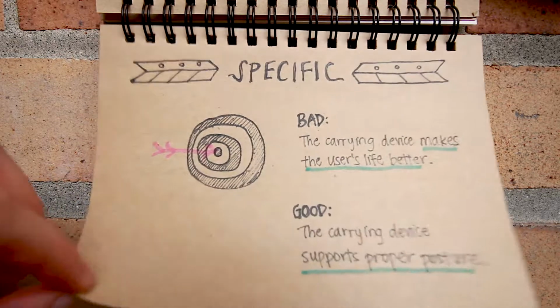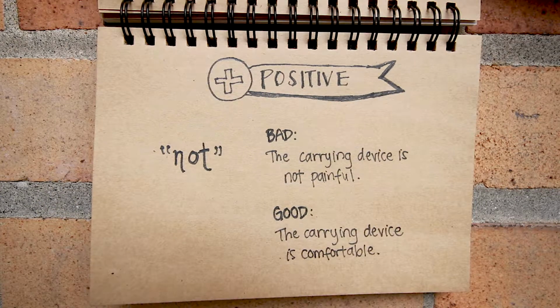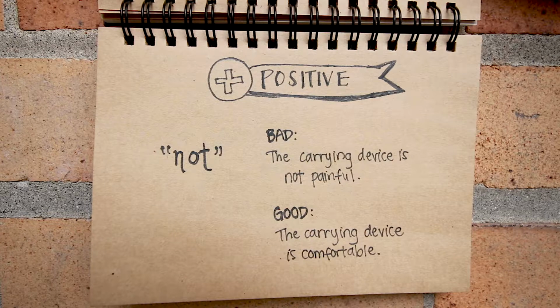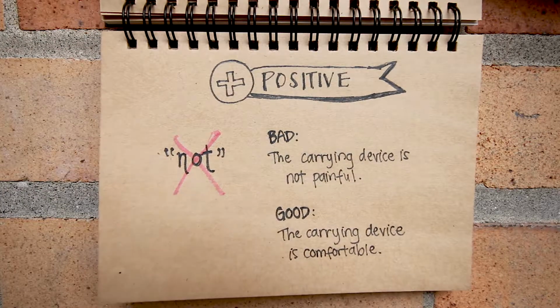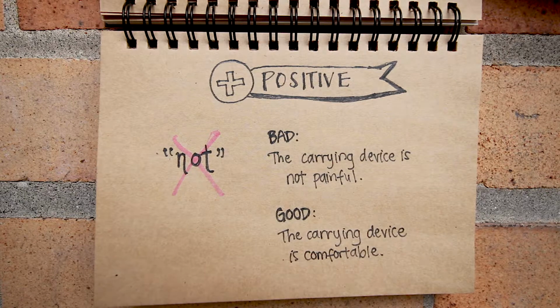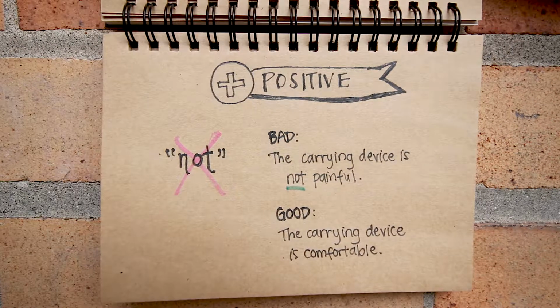Next is positive phrasing. It's easier to design something that does something rather than something that does not do something. Accordingly, you want to phrase needs statements in a positive way and avoid the word not. One example would be, the carrying device is not painful, but something easier to design is, the carrying device is